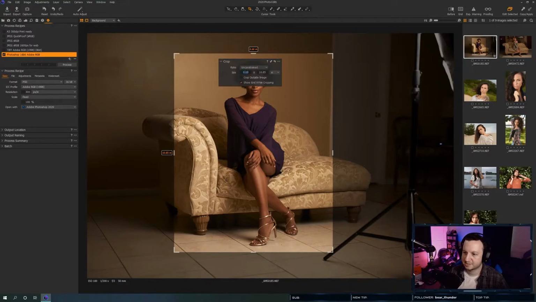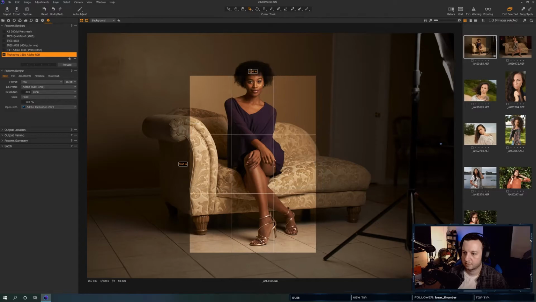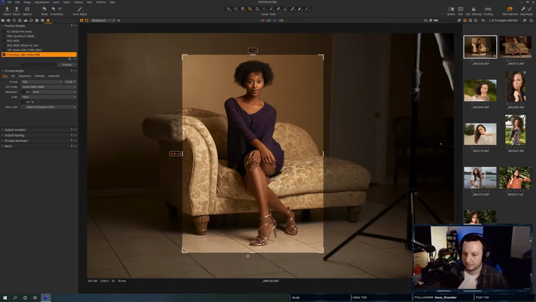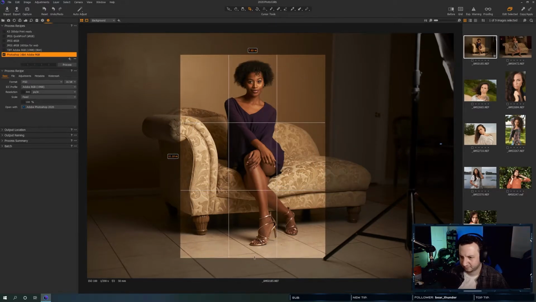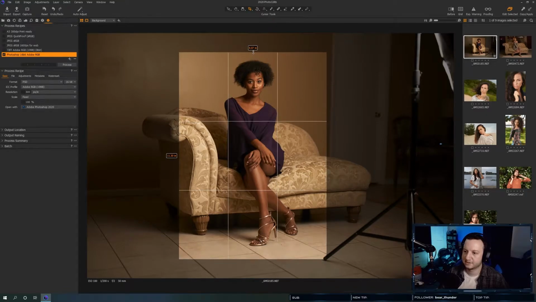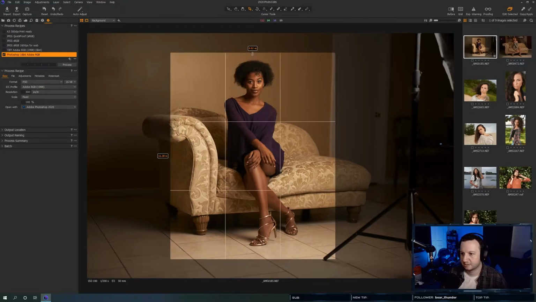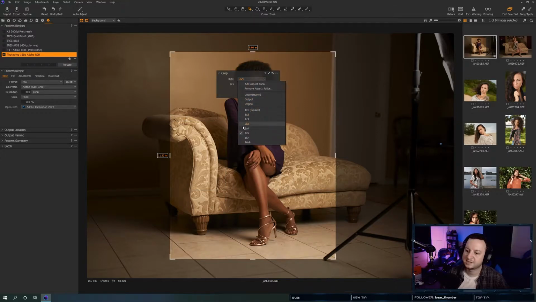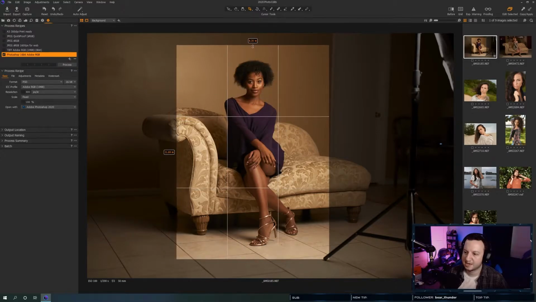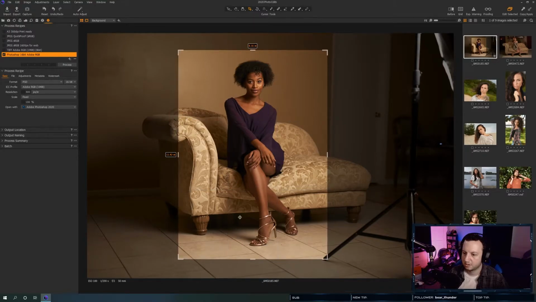Or not, because it's not. Oh my god, 5x7. Okay. Ignore those numbers. I think this is going to lend itself more to a 5x7 than a 4x5, which is also an 8x10. Yeah, just because now that I'm looking at it, there is not that much going on around her.